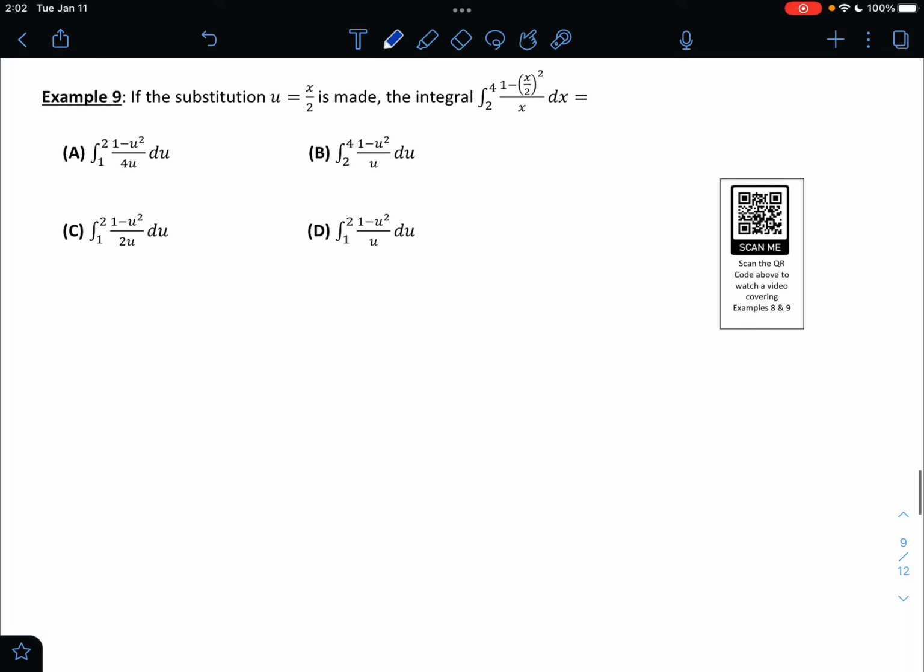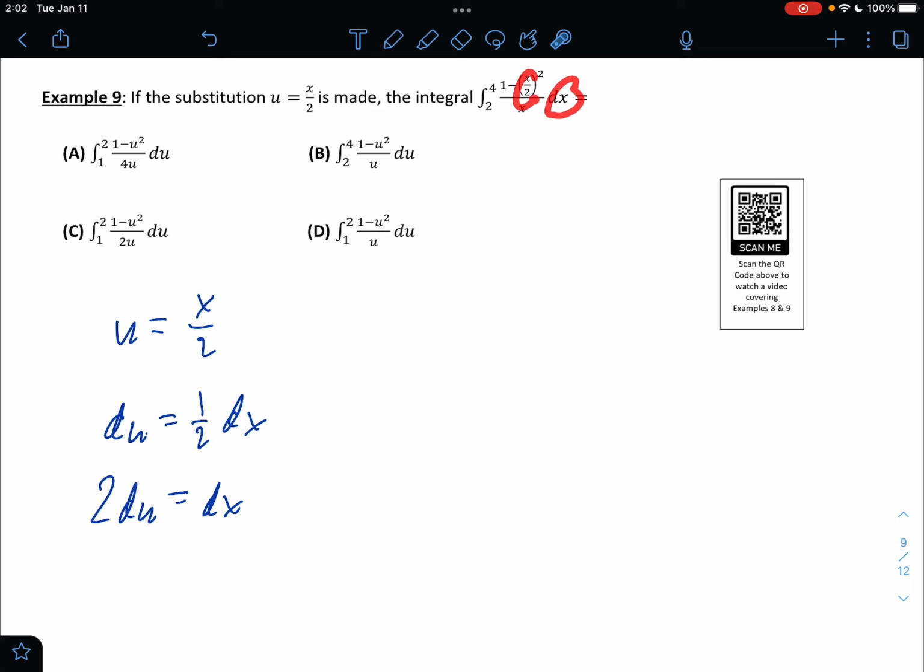All right, example 9. If the substitution u equals x over 2 is made, what does this new integral become? All right, let's do this. u equals x over 2, which means du equals 1/2 dx, or 2 du equals dx. That would get rid of the dx and the x over 2, but we still have this pesky x in the denominator here, so we're going to have to solve